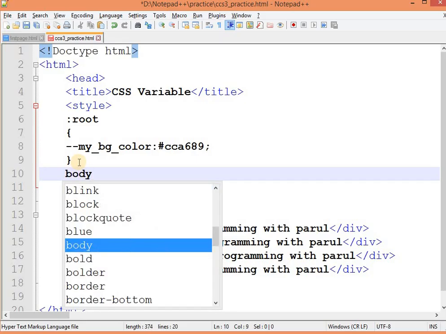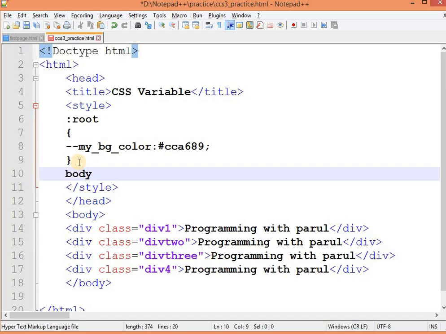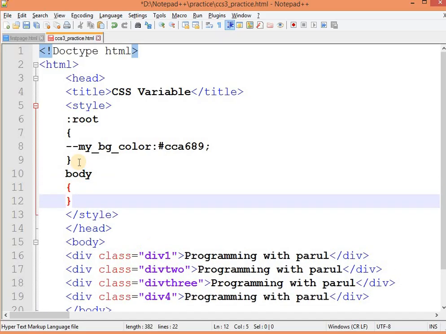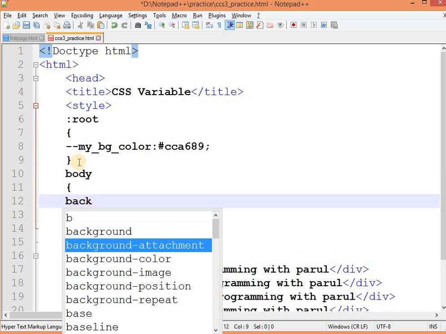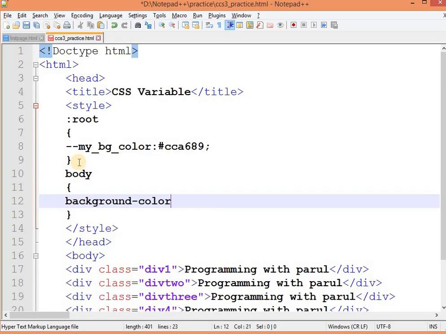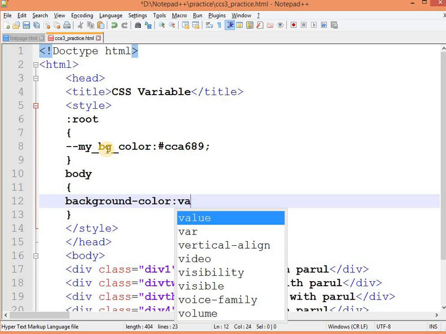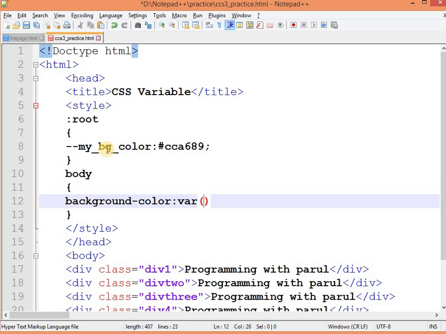Let me set the background color for body. Now I don't know the name of this hexadecimal coded color, but I know my custom property name, that is my background color. Now how can I give that variable? You have to use var for variable, and in between round braces I have to specify the name of the variable, that is dash dash my background color.